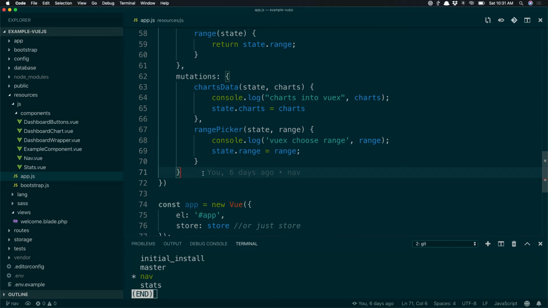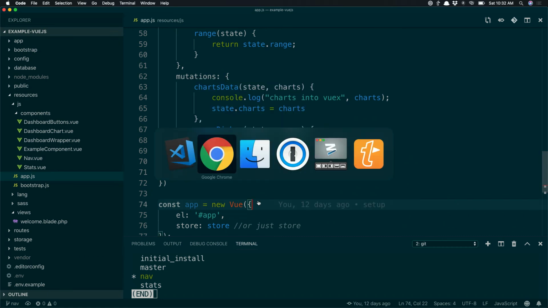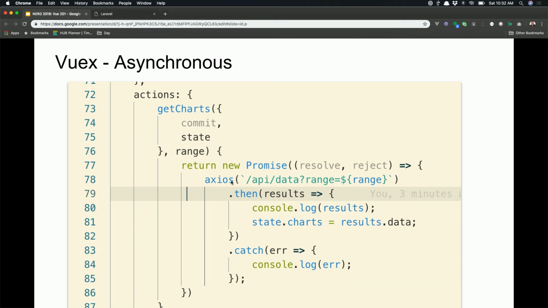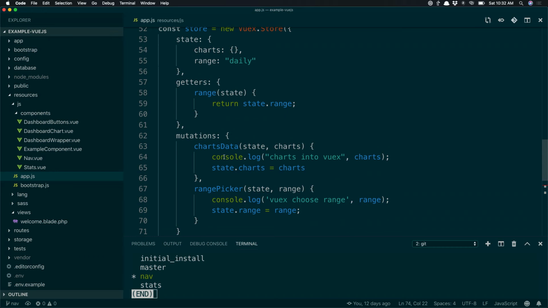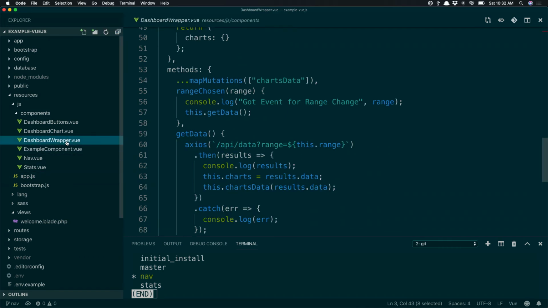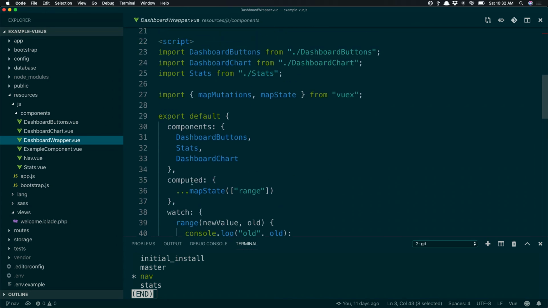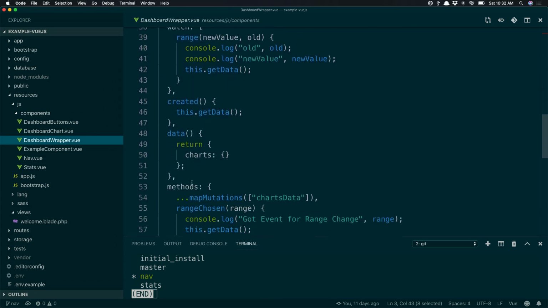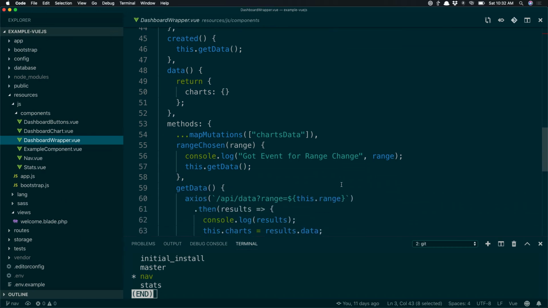And that's where eventually you would go with Vuex. I mean, this was just a small example, and then it would allow me to just do like I did here. I would inject the actions just like I did here. So I would import map mutations, map state, and map actions, and then use those map actions down here underneath the map mutations. It would say map actions, and it would be the action I want to import. And then I would just be able to call to it. So instead of calling the get data here, I would call directly to that get data, and it would do all the work.